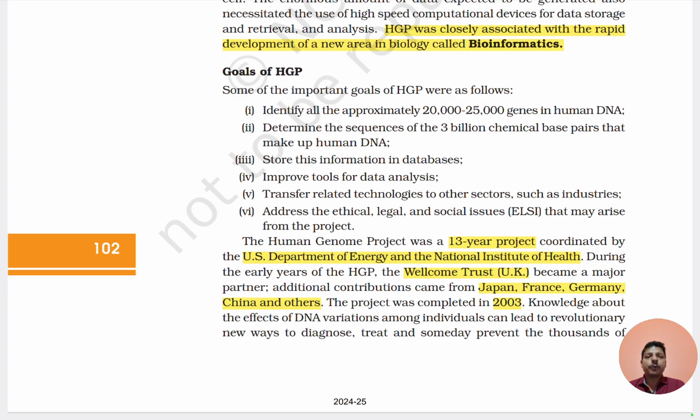It was a 13-year project coordinated by the US Department of Energy and the National Institutes of Health. During early years of the HGP, the Wellcome Trust became a major partner. Additional contributions came from Japan, France, Germany, China and others. The project was completed in 2003,